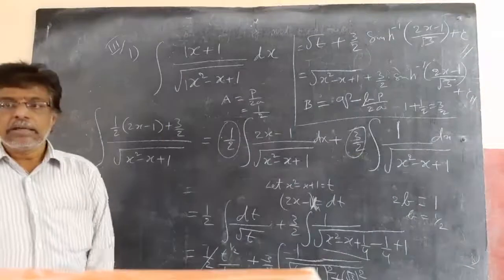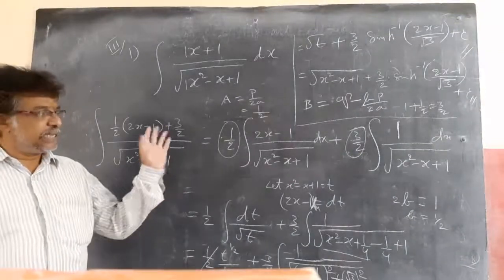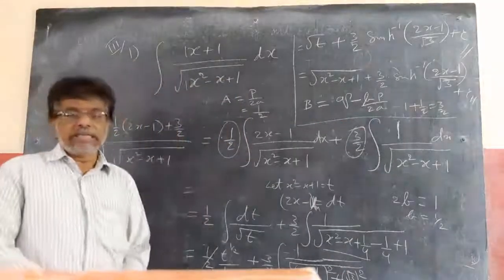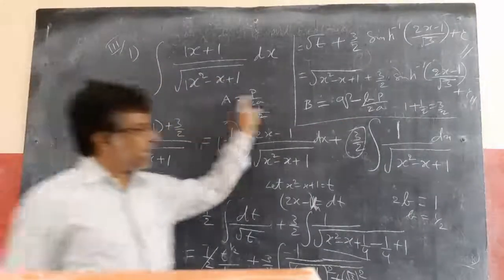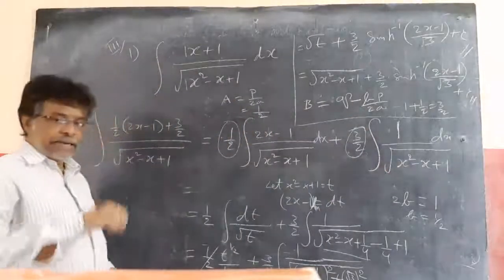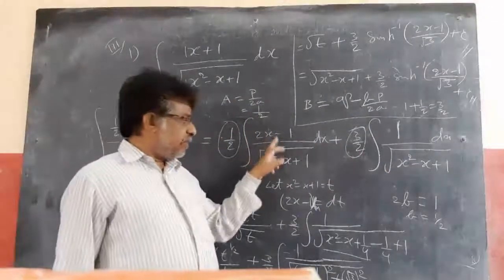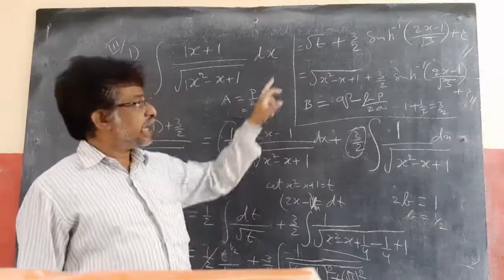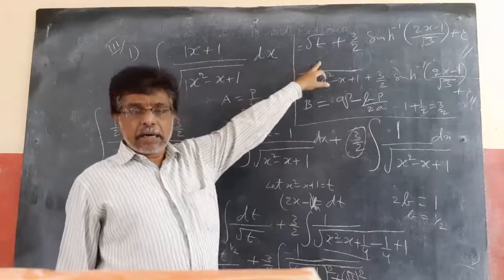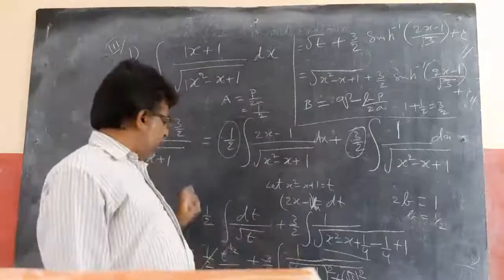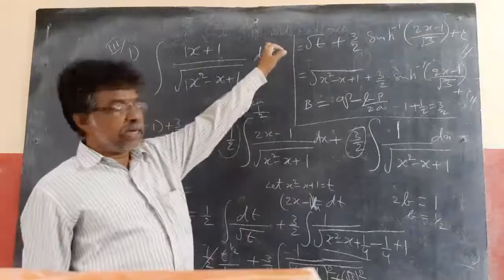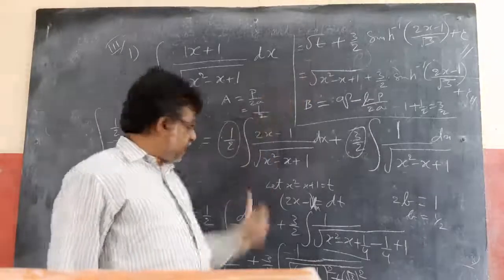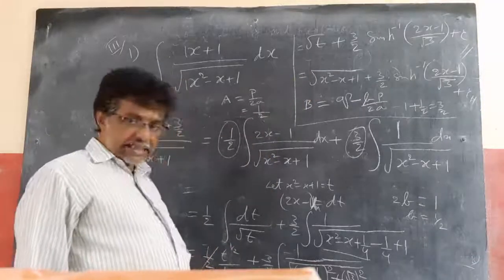You got it? So directly, instead of finding a and b by comparing like terms, you can directly get a and b. But don't use it in the exam; this is only for objective questions. After getting a and b, you will always get the root t form only. So you can write root t by 1 by 2 into the a value, which automatically will be there. That value simplifies, so root t is left out, and this other value won't always simplify. Here it simplified: these two got cancelled, 1 by 2, 1 by 2.